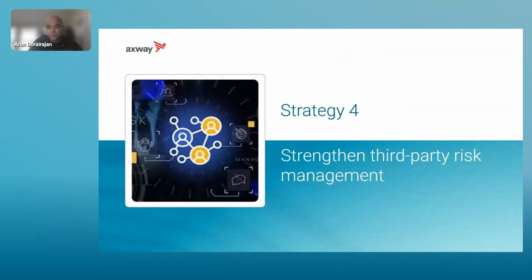Now, let's cover the fourth piece, third-party risk, because in 2025, you're not just defending your own perimeter anymore. It's about your partners, your vendors, and the entire digital supply chain. Because attackers don't care who they hit first. They just need one unlocked door. And too often, the door looks like a trusted third-party integration.